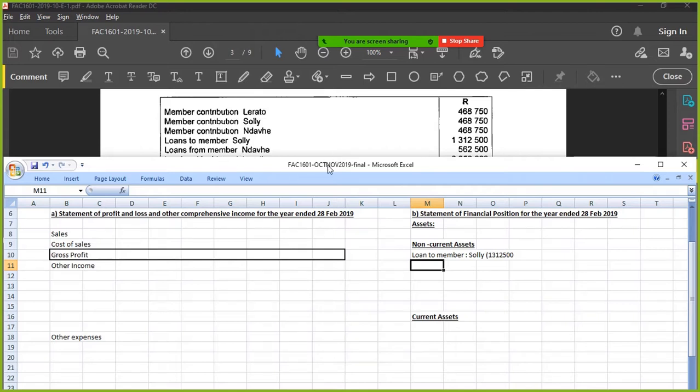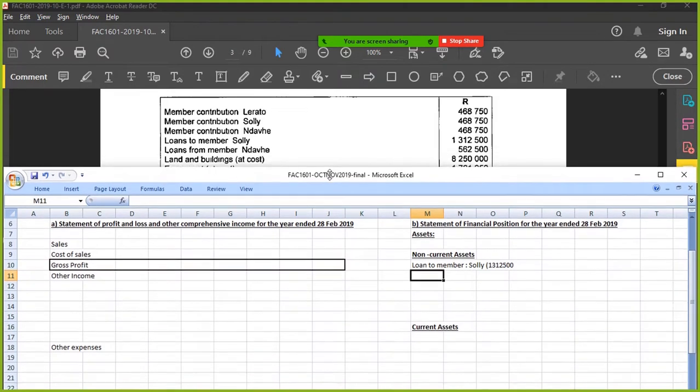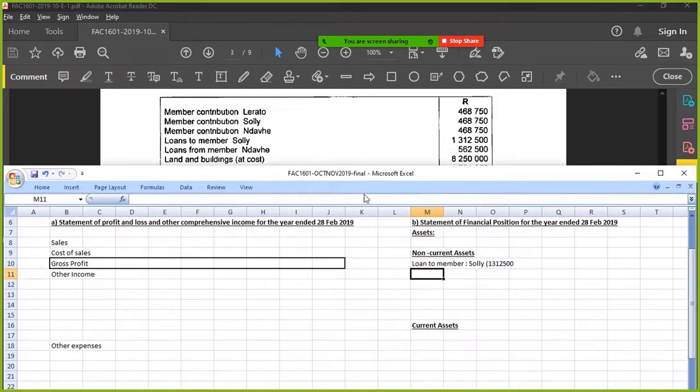Okay, loans from a member. Liability. Exactly the opposite. Okay, so you don't have to look at loans from, you only look at loans to. Okay, there we go. We've got land and buildings. This was at cost. Okay. Right, so when I see that, I'm expecting probably some sort of revaluation, or some sort of impairment potentially, because they're talking about this at cost. Okay, this is what,